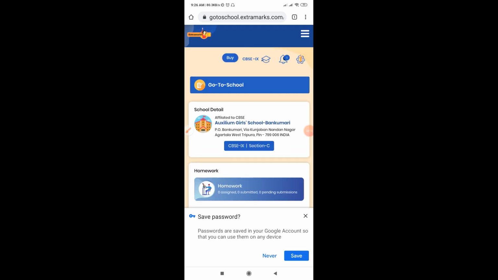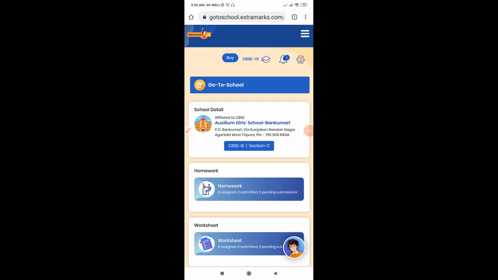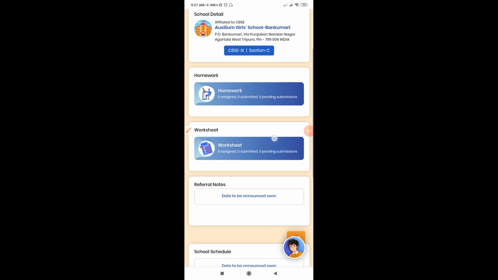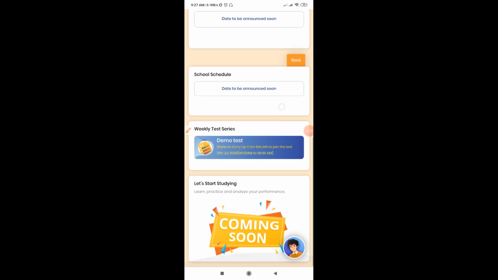Once you click on login, please wait a little bit. Once you are logged in, you will come to this page. Here, scroll down and see there is a weekly test series, and in this option you will see all your upcoming tests.